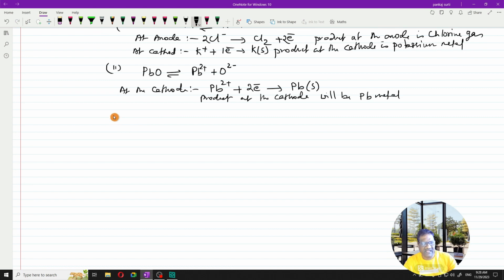Okay, and at the anode, what will happen? Let us see. Anode being connected to the positive terminal of the DC source, it will be having positive charges on it. So these positive charges are going to attract the negative ion, that is O2-. So the oxide ion will be coming to the anode, and the anode doesn't give electrons